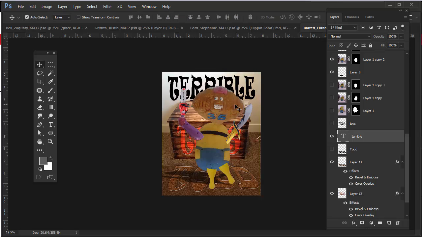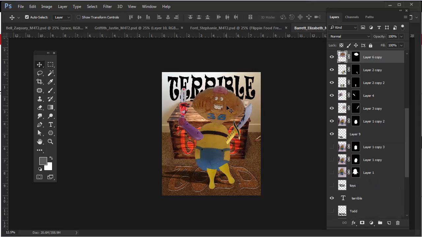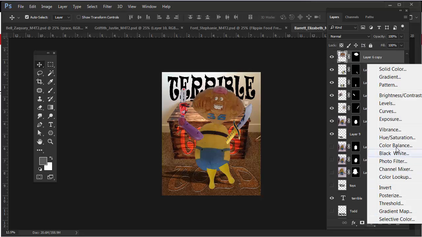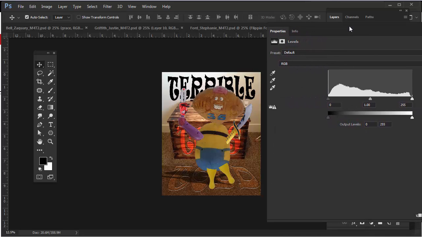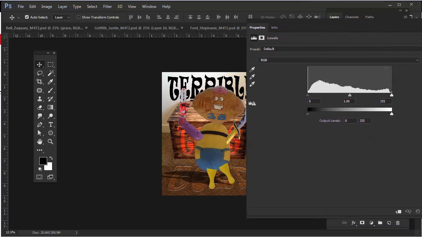So what you need to do is create adjustment layers, okay, that are clipped. So as long as this is selected with the move tool, if I Control click on this, it'll go right to that layer, all right? So I'm going to select that layer, create an adjustment layer for, let's try levels. Okay, so here's the levels adjustment layer. You can drag in